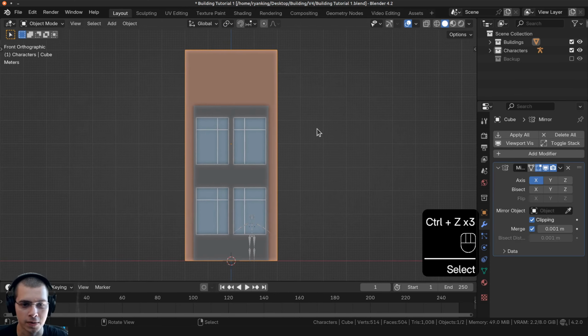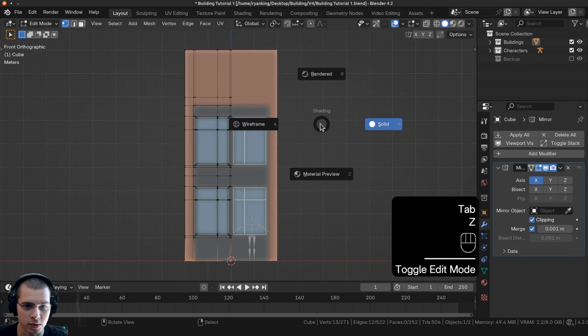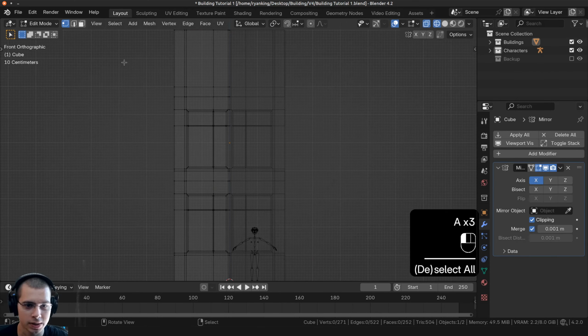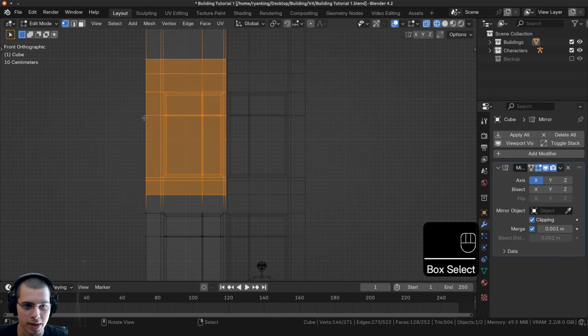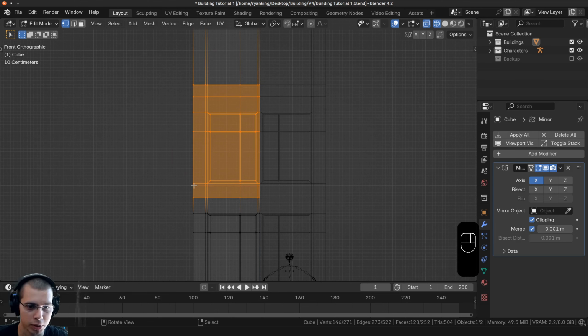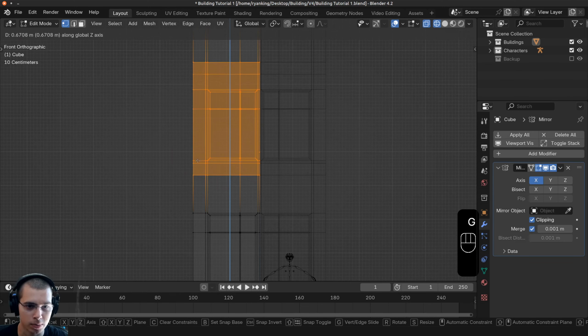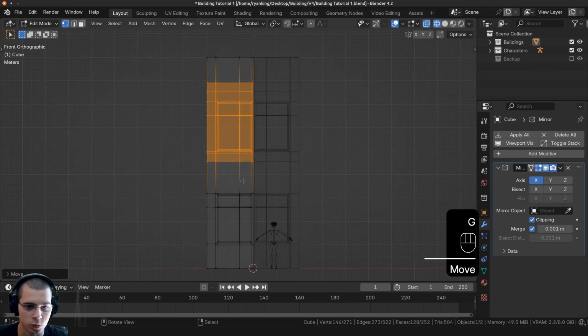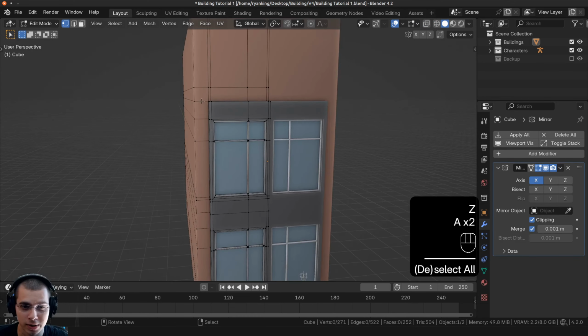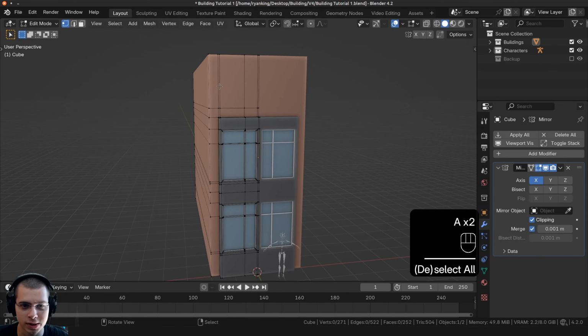of the building. And then another thing that I want to do is just go back into wireframe and edit mode, and I'm just going to box select all of these vertices here, which are making up that first window, and I want to bring it up by about 1 Blender grid. So we're going to move it up right about there, so it's 1 grid higher. But then I also want to select this part of the window here and just move it up a little